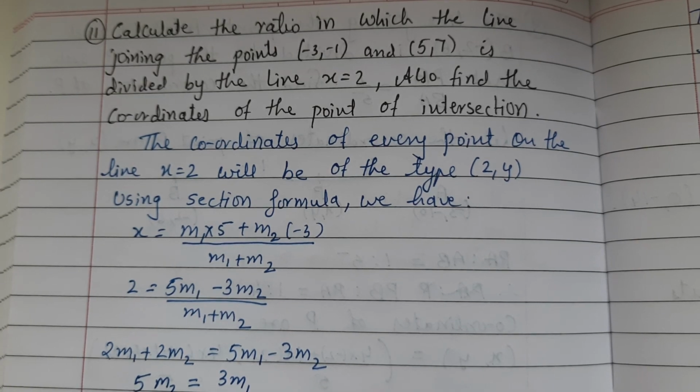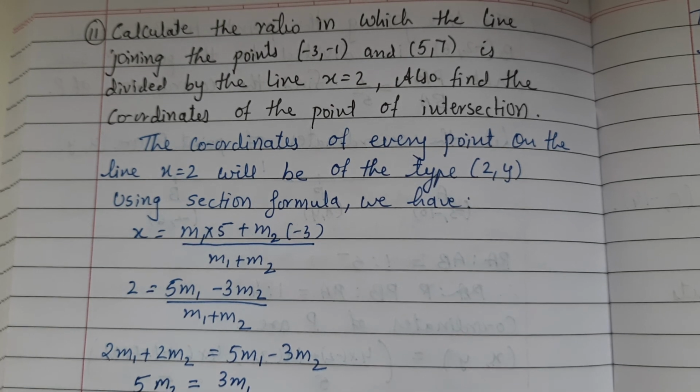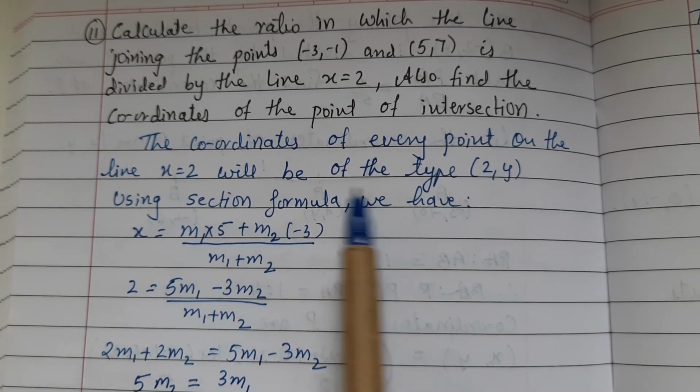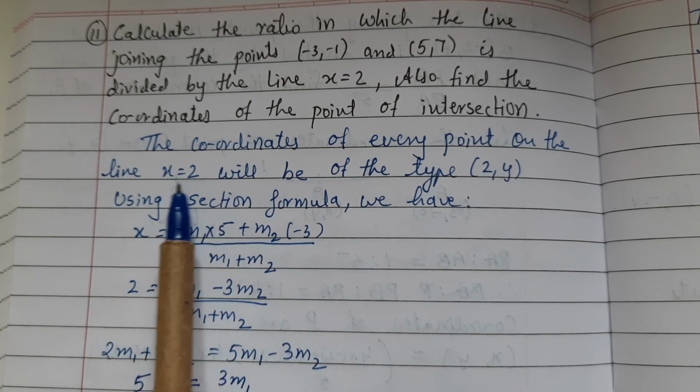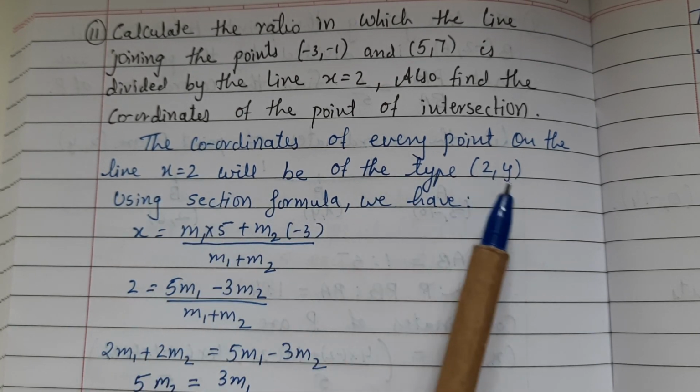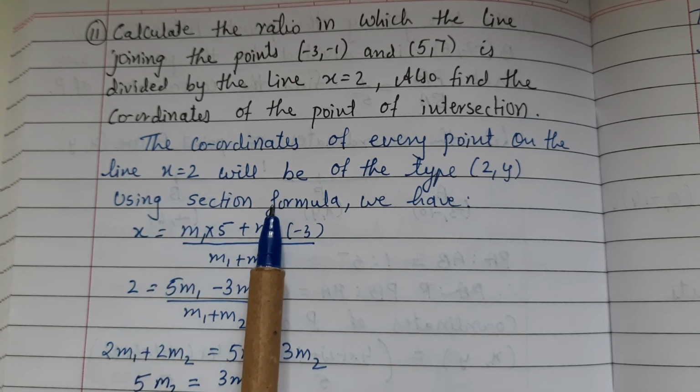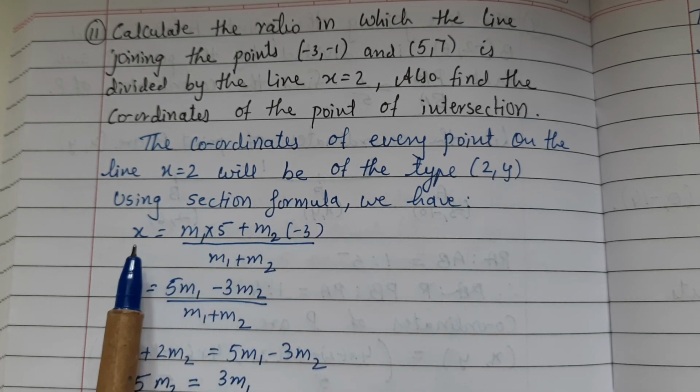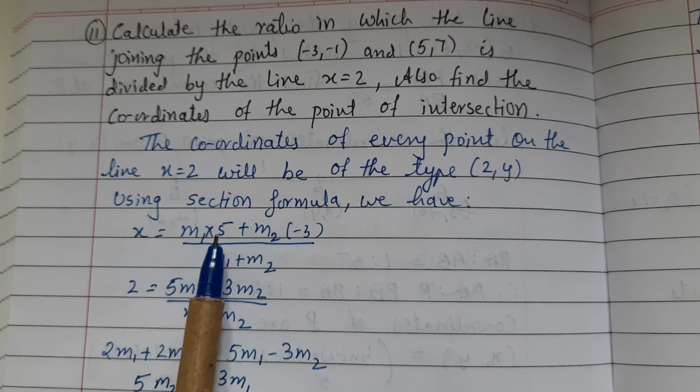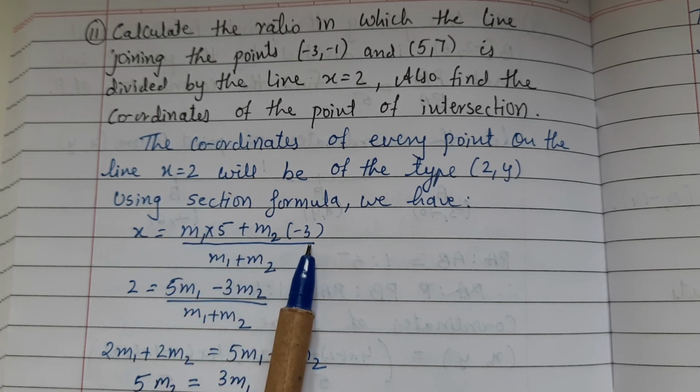Sum number 11. Calculate the ratio in which the line joining the points (-3, -1) and (5, 7) is divided by the line x equals 2. Also find the coordinates of the point of intersection. The coordinates of every point on line x equals 2 will be of type (2, y). Using section formula, we have x coordinate x equals (m1 into 5 plus m2 into -3) upon (m1 plus m2). Y coordinate,